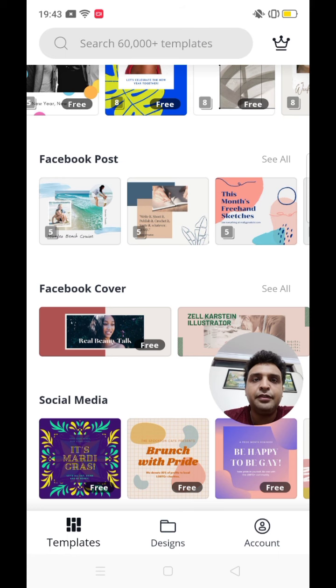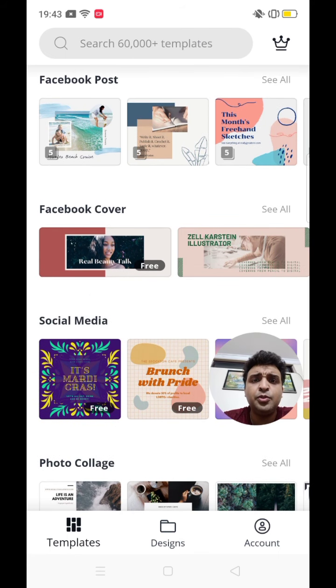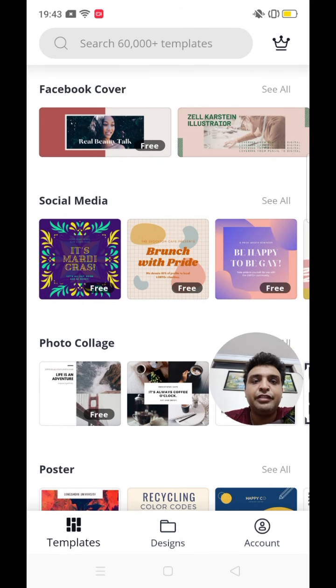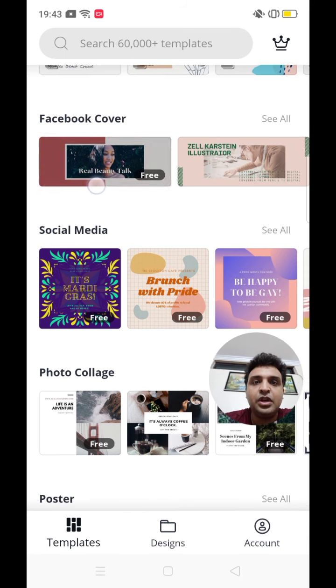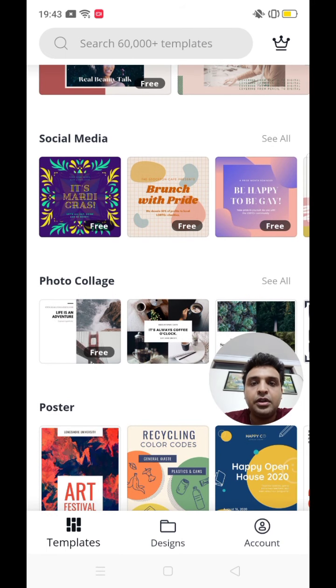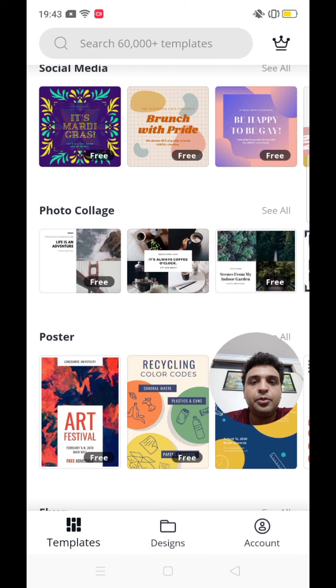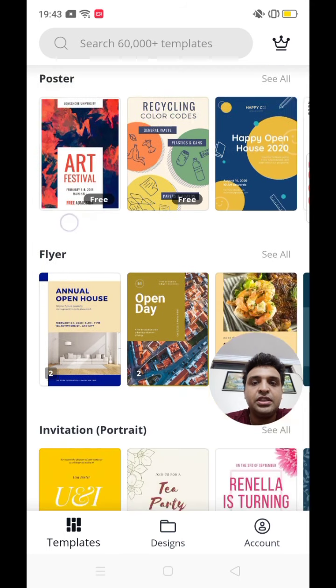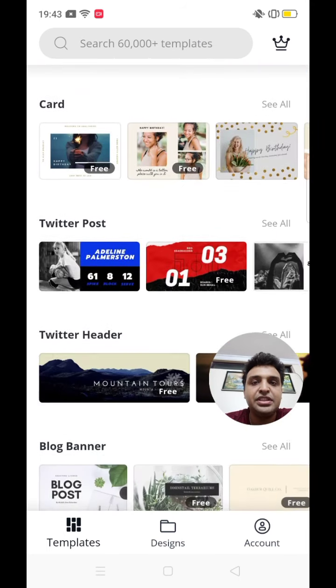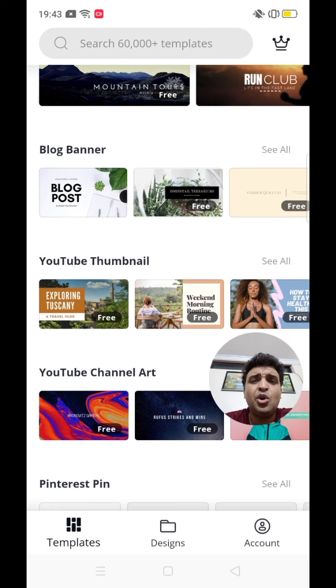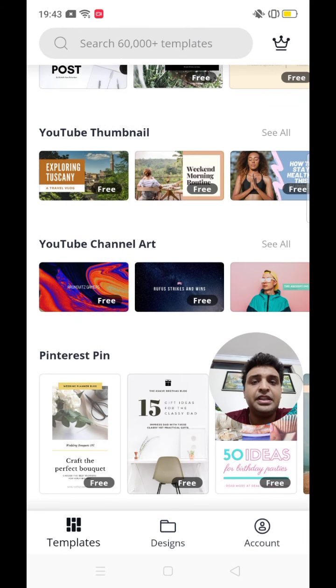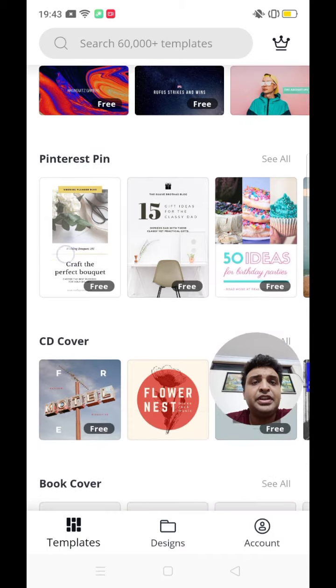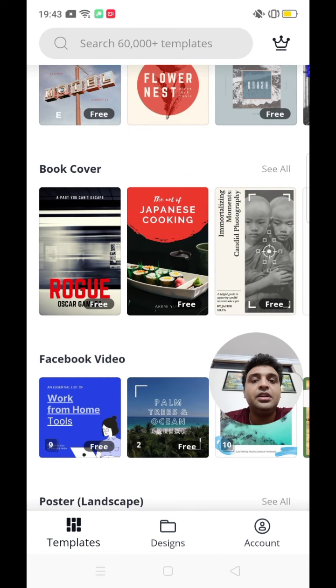You see most of them are free. Then Facebook posts, and if you have a Facebook channel, you can have a Facebook cover on your own page. Then you have posters, flyers, invitations, cards, banners, blog banners, and YouTube thumbnails. You have Pinterest pins. The list would just go on and on.